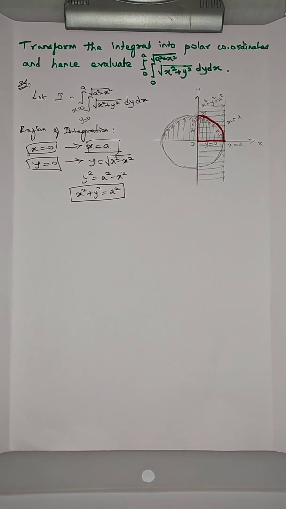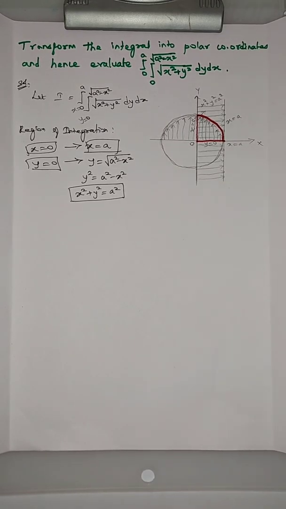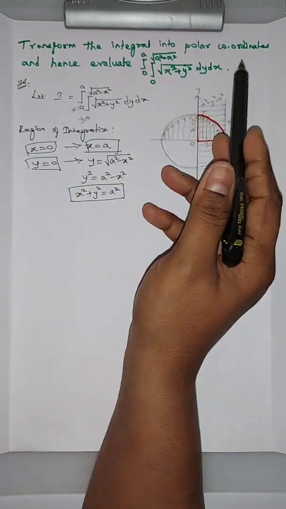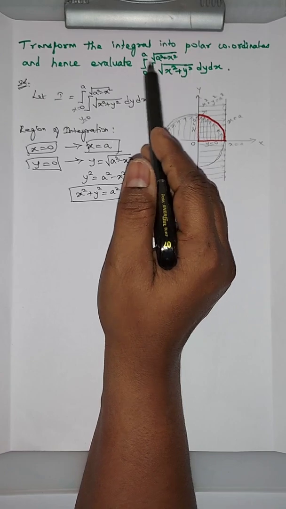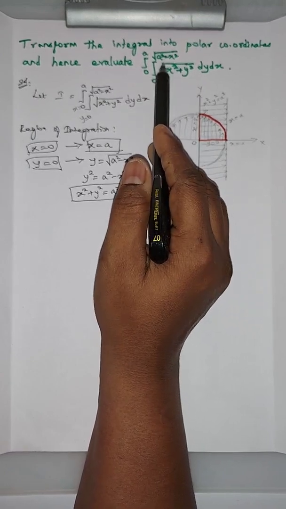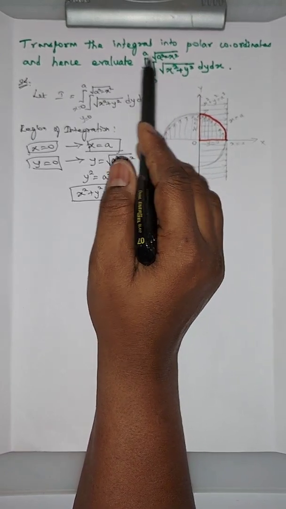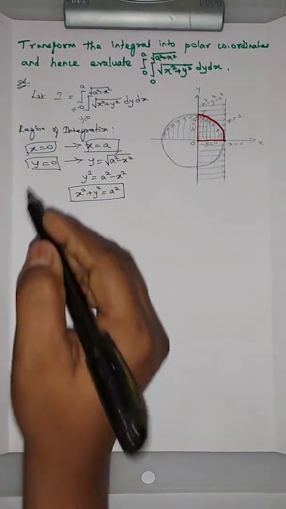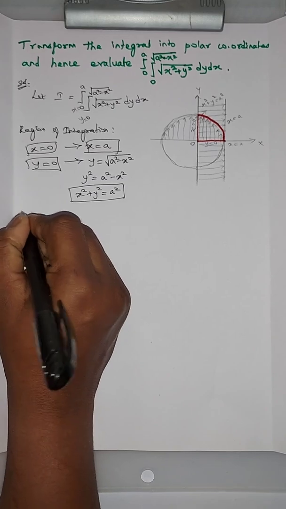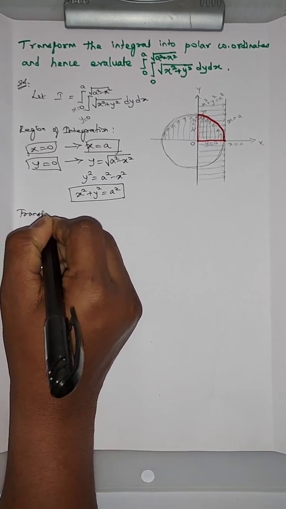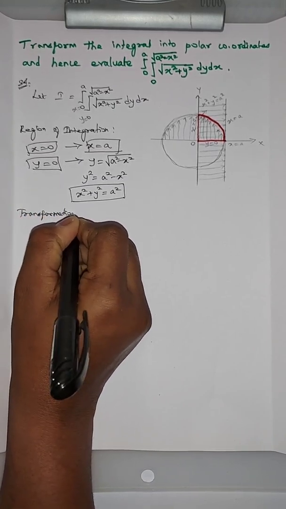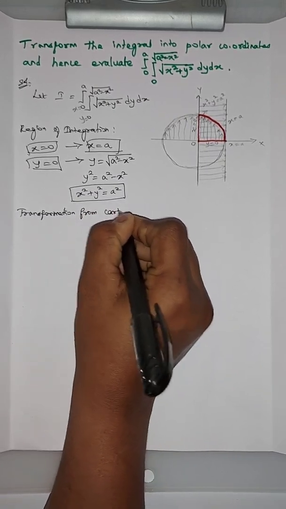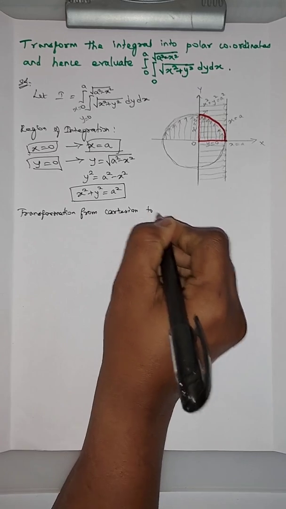Right, this is over. Now considering the polar coordinates, because the question is to transform the integral into polar coordinates, where everything is given in Cartesian. Whichever terms are given in Cartesian, we have to convert all of them into polar and then evaluate. So the transformation from Cartesian to polar is given by,